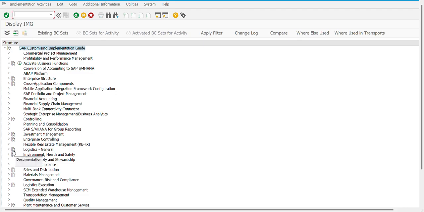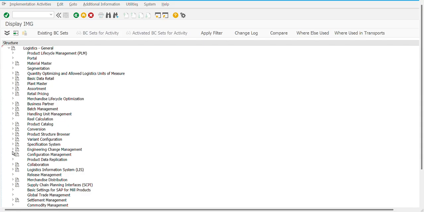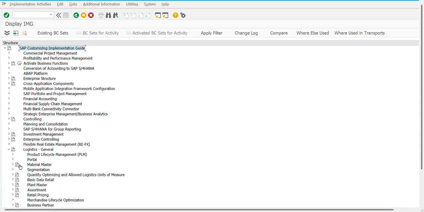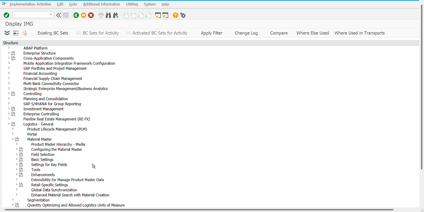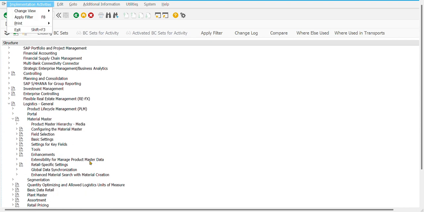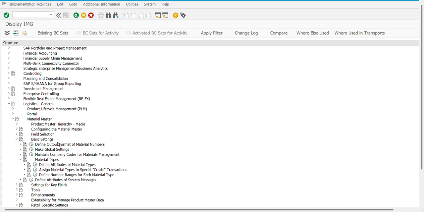As I said, it should be under logistics general, under material master, and in the basic settings,